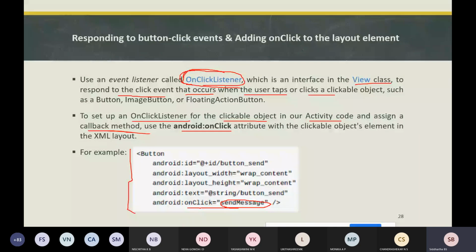Within that we can write whatever functions need to be performed when you click on that button. The method must be public and should return void, and I'm defining a view as the only parameter.